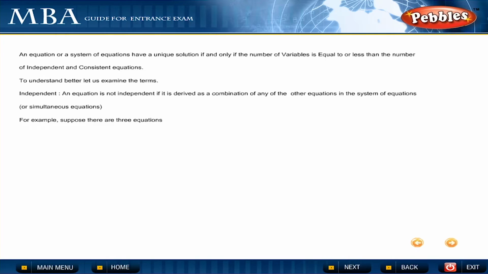An equation or a system of equations has a unique solution if and only if the number of variables is equal to or less than the number of independent and consistent equations. To understand better, let us examine the terms. Independent. An equation is not independent if it is derived as a combination of any of the other equations in the system of equations. For example, suppose there are three equations